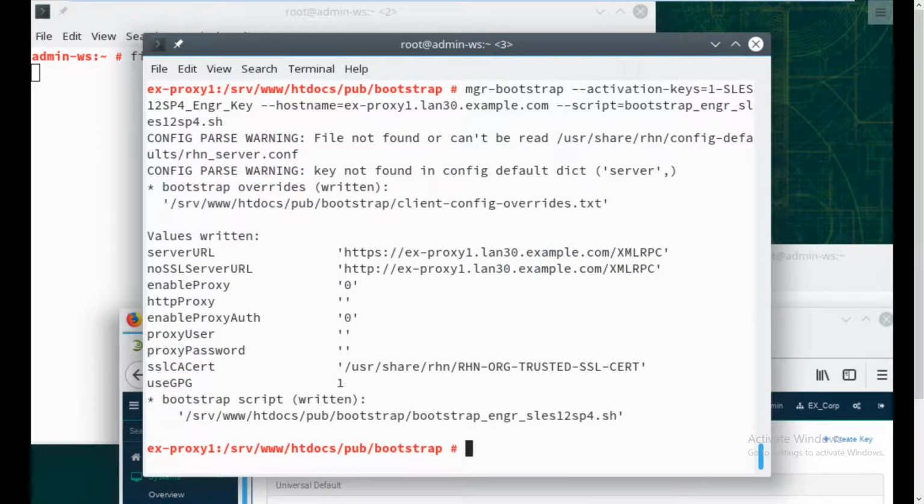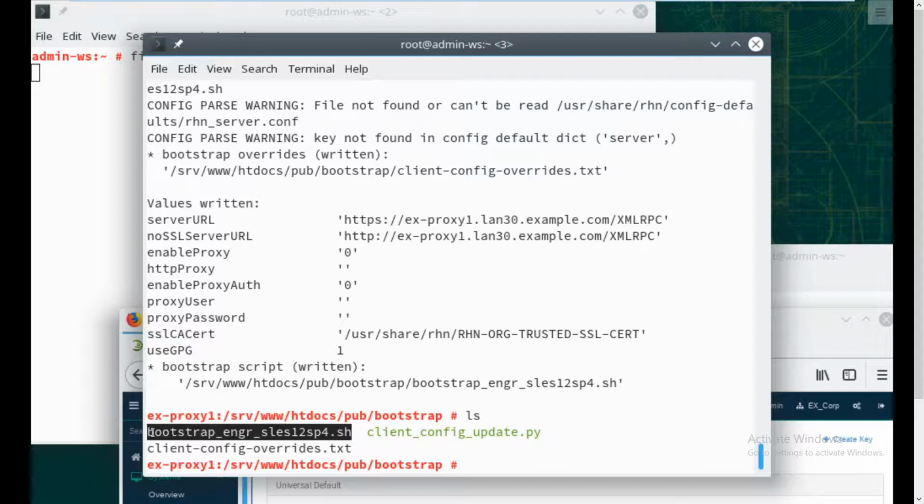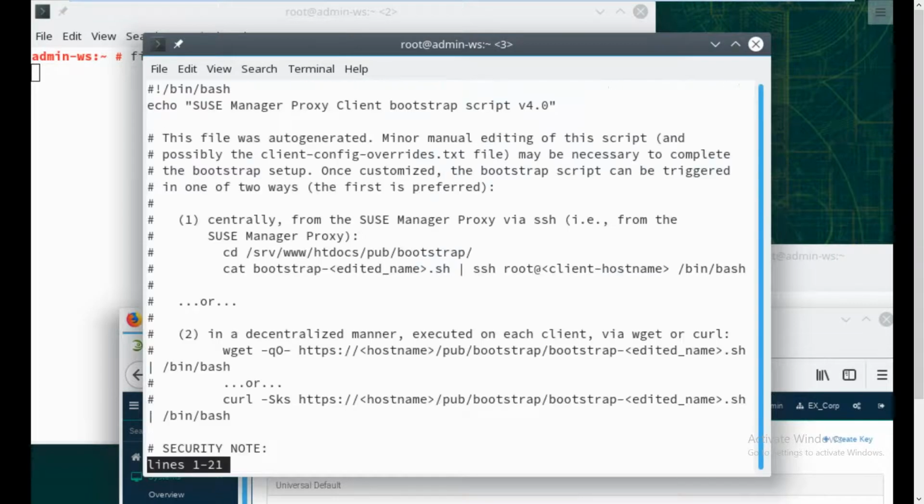Interesting. So we need to ignore this thing, right? Okay, so now I have a key. The bootstrap script is created on the server side, and we have a repo there. Now we have this key available, and we can read out what is there. That is where we have more control while registering a client through the script,